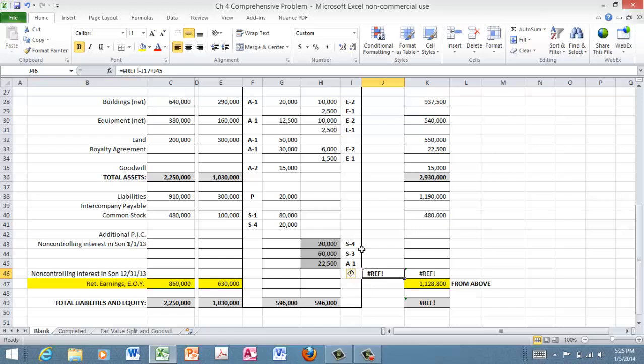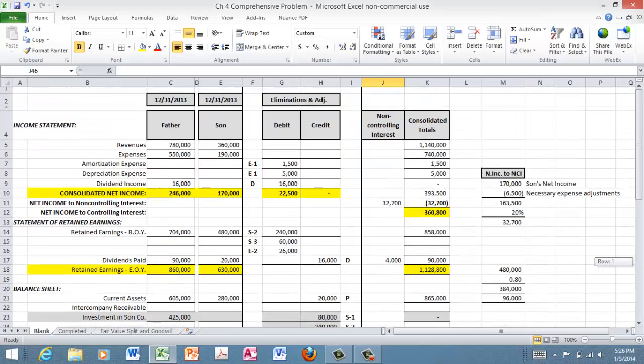And now what we need to do on this consolidation, I'm not sure why I've got a problem here, because basically I'm going to do a formula, and I'm going to add the impacts here for my non-controlling interest. Okay. Of 102,500, and then what I'll have, oh, I know what I did wrong, I need to put this formula here. I apologize for that. I need to have these amounts just above. And then what we're going to have is a non-controlling interest total that if I take everything,